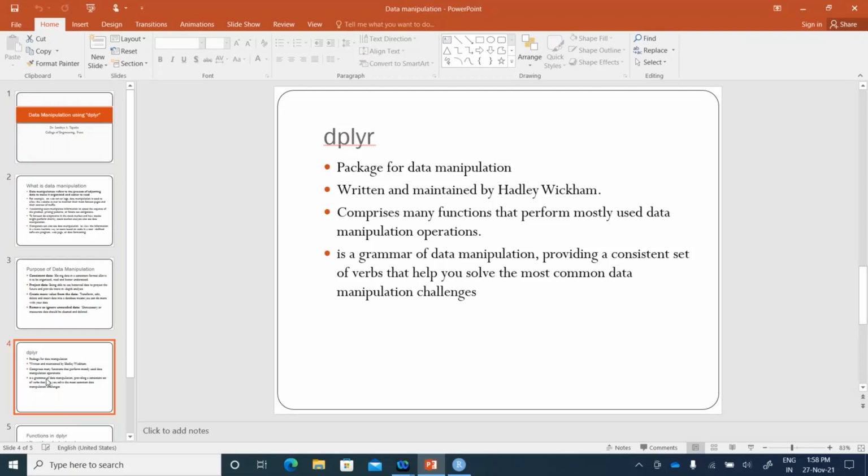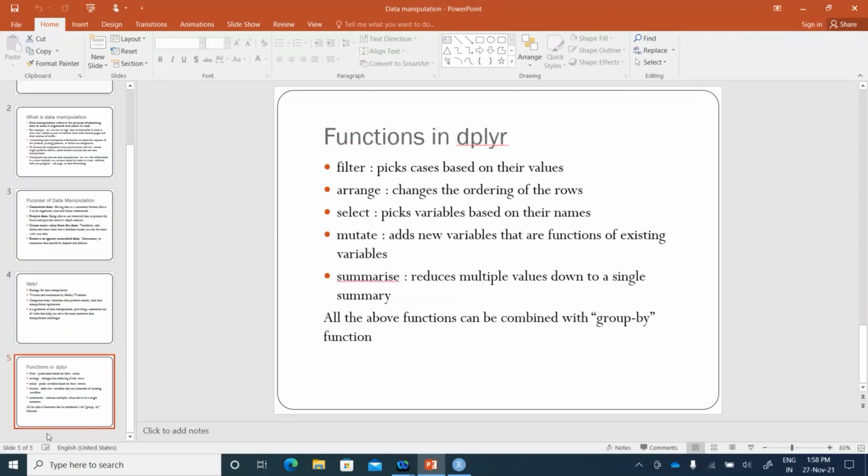Okay, so today we are going to learn about some functions in dplyr that we use most of the time. They are filter, arrange, select, and mutate. The function summarize we have already seen when we saw data frames. All right. So mainly today we will focus on these four functions, mostly on the filter function.